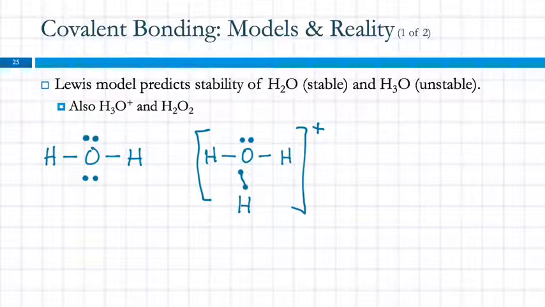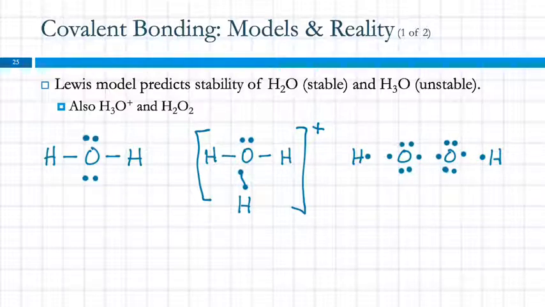And then H2O2. Is that going to be okay? Well, here's HOOH. We're going to go over more how you put these things together. Just sort of demonstrating the model right now. So there I have Lewis structures for the atoms involved. There's 2 hydrogens and 2 oxygens. And so I could take,